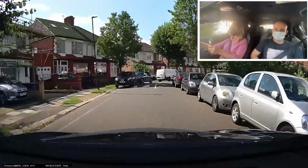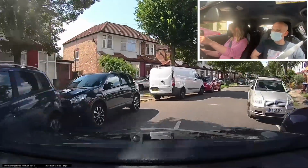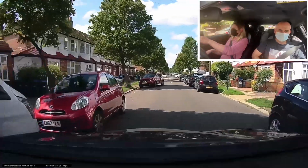Megan approaches this turn well. She slows the car down, she keeps over to the left hand side. And at this point she should be steering more to the right. She does get a bit close to this white van and car, so she does get a driver fault for